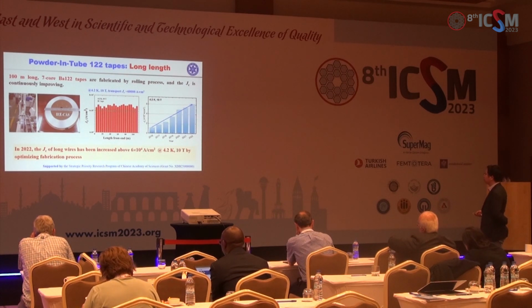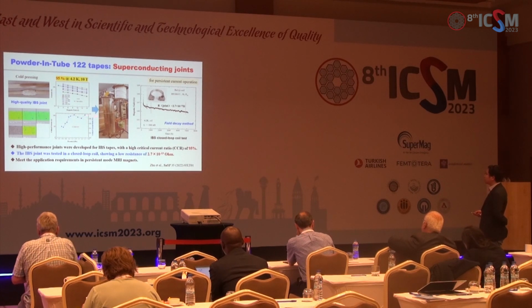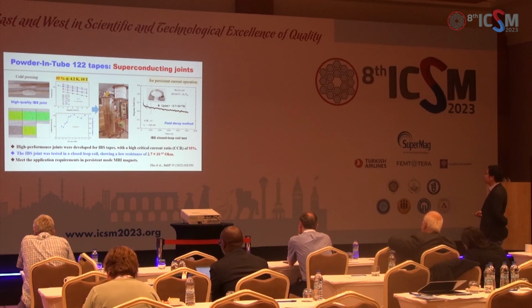And this progress is supported by the Strategic Priority Research Program of the Chinese Academy of Sciences. Based on the 100-meter long tapes, we fabricated the superconducting joints by cold pressing. At last, we obtained a very high critical current ratio, about 95%. And we fabricated closed loop coils, and we used a field decay method to study the resistance. We found that there is a very low resistance, about 10^-13 ohm,